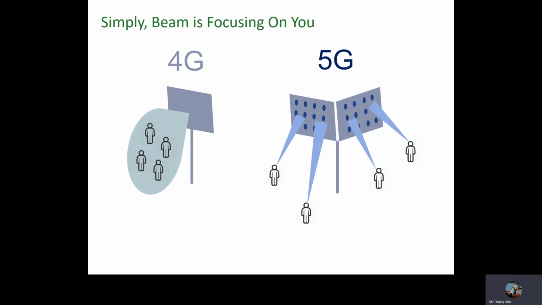This is a very simplified illustration of 5G beamforming. Unlike broad 4G antenna radiation, the 5G beam is focused on you. 5G will use massive MIMO antennas that have a very large number of antenna elements or connections to send and receive more data simultaneously. The benefit to users is that more people can simultaneously connect to the network and maintain high